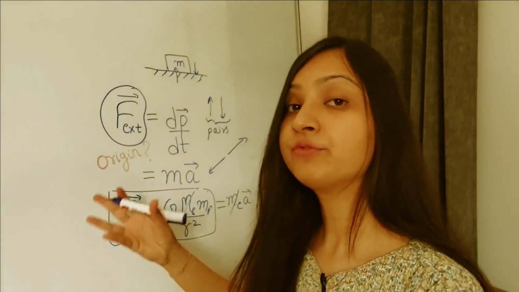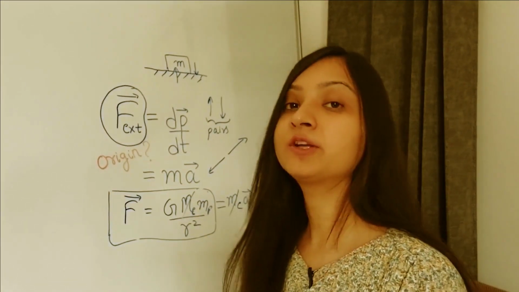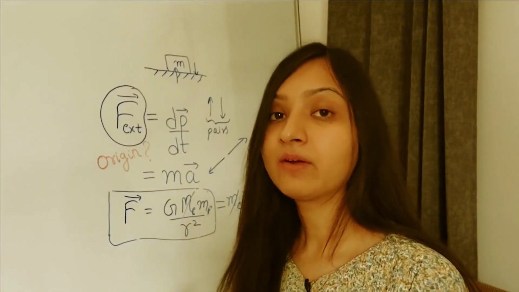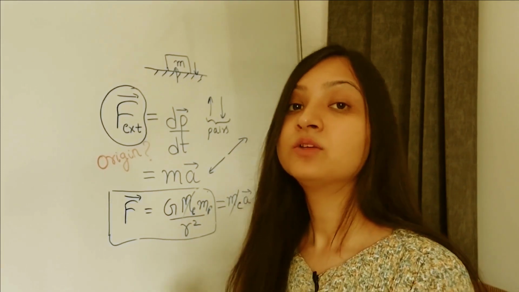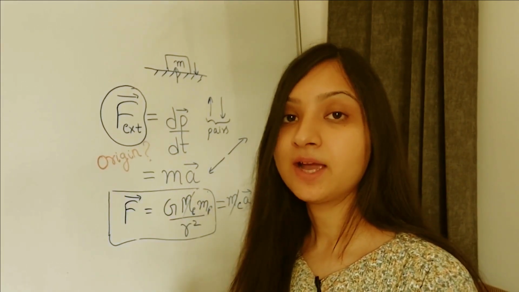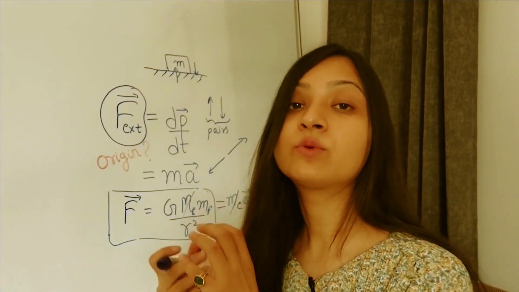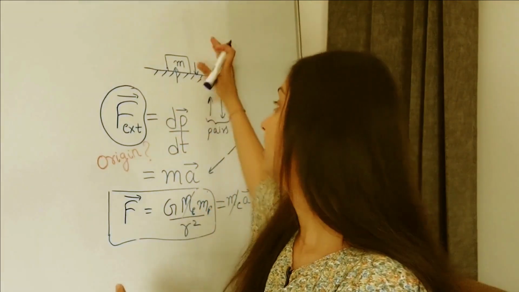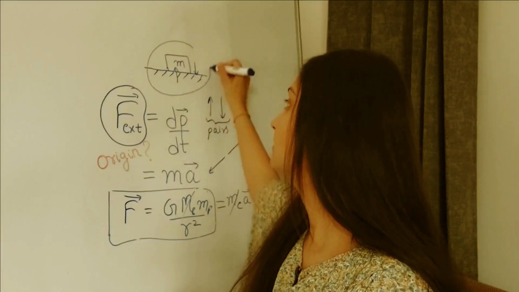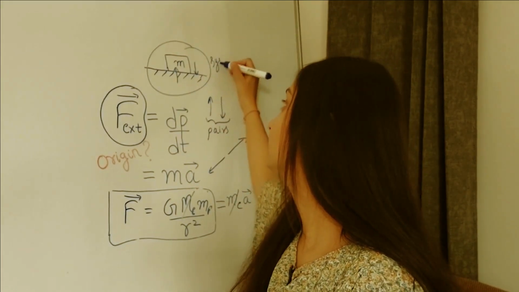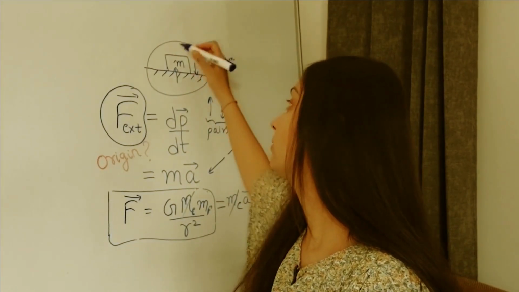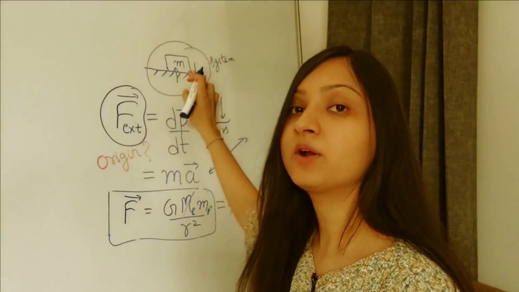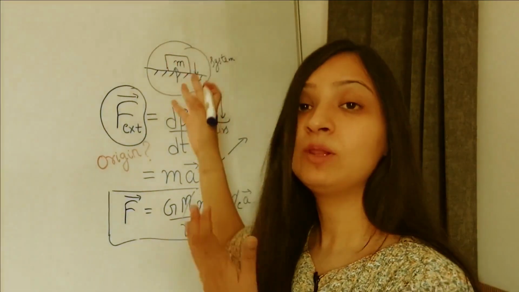So when I draw a free body diagram, what is a free body diagram? In a free body diagram, you take one body at a time and write down all the forces that are acting on that body. For example, if I consider this a complete system, but if I want to calculate the forces acting on this body of mass m, I will be drawing its